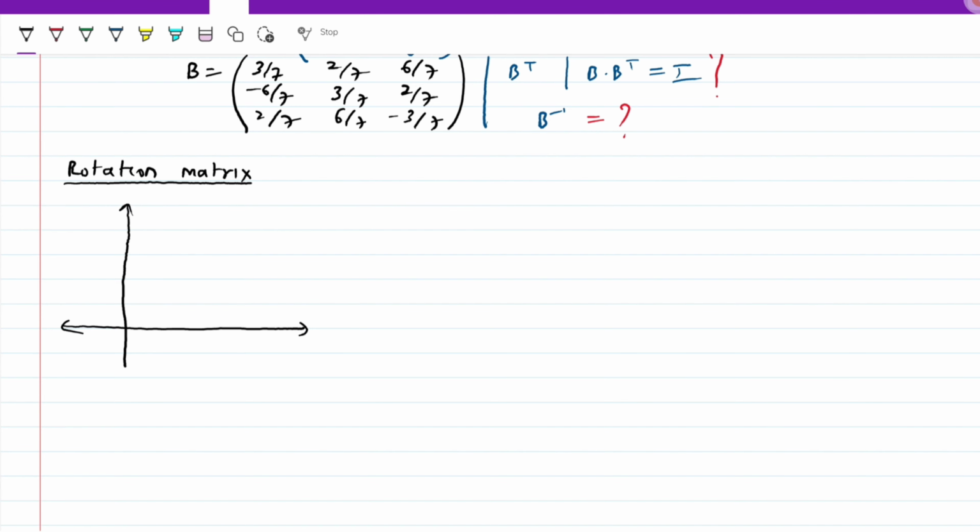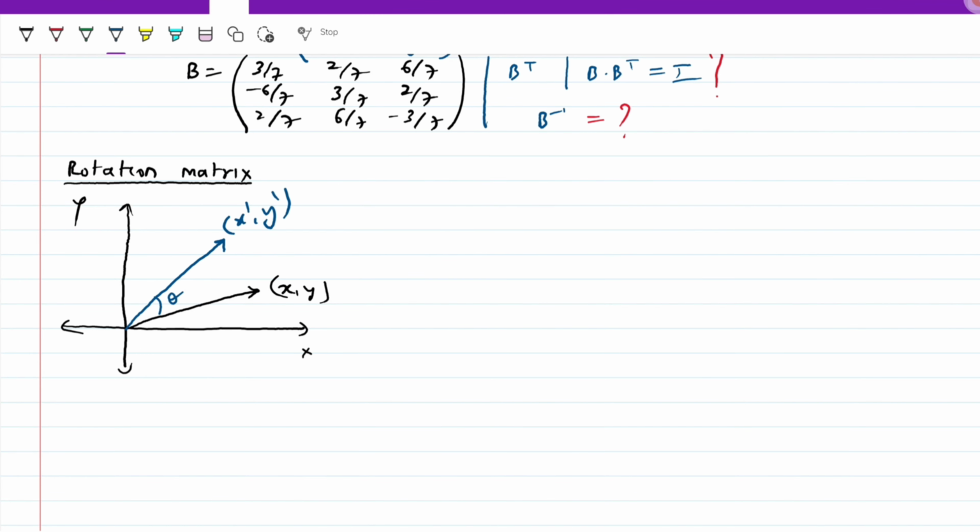Suppose we are in the xy plane and I have a vector over here, call it (x, y). If I join this with the origin, then this is the corresponding radial vector. Suppose I wish to rotate this particular vector by a specified angle, let's say theta. If I rotate this vector by theta, then this would be the new position of the image, (x prime, y prime).